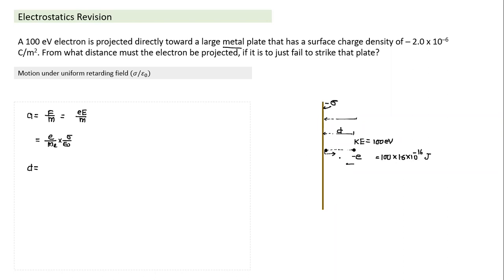Okay, so since kinetic energy is given, it's a little better to do it not in terms of kinematics, but better in terms of work done. So work done by the retarding force has to be equal to the kinetic energy. So d into the retarding force, work done by it will be negative because both are of opposite signs, and that has to be equal to KE.